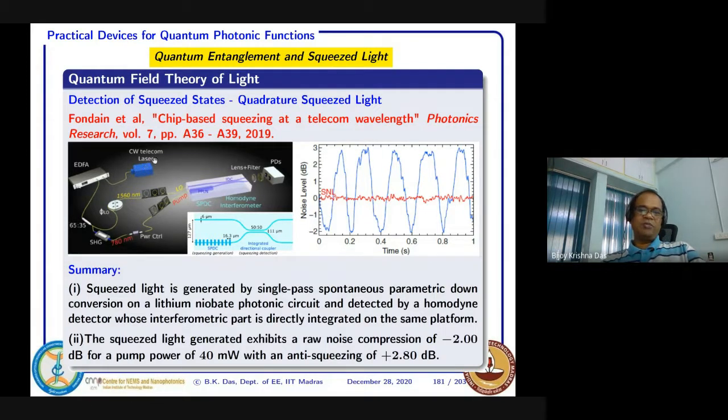So for that laser, a normal semiconductor laser, the power is relatively low. So what you do is use an EDFA. EDFA means erbium doped fiber amplifier. That means the laser will be amplified. Okay, it's a fiber amplifier, so it amplifies the power. And then after amplification, it uses some kind of beam splitter. Here in this type of experiment, they have used 65 and 35, probably because that is the availability of their power splitter.